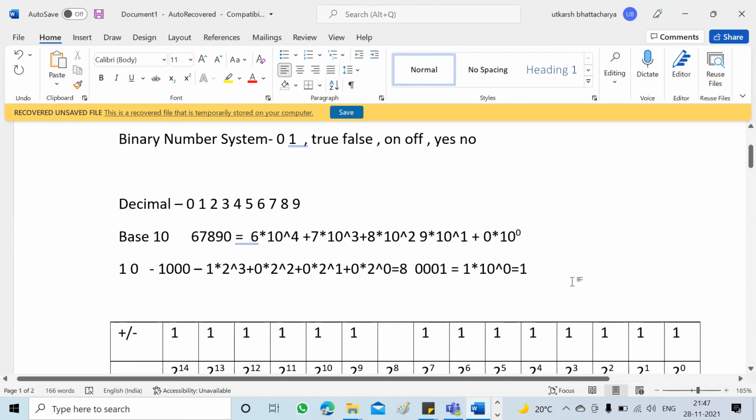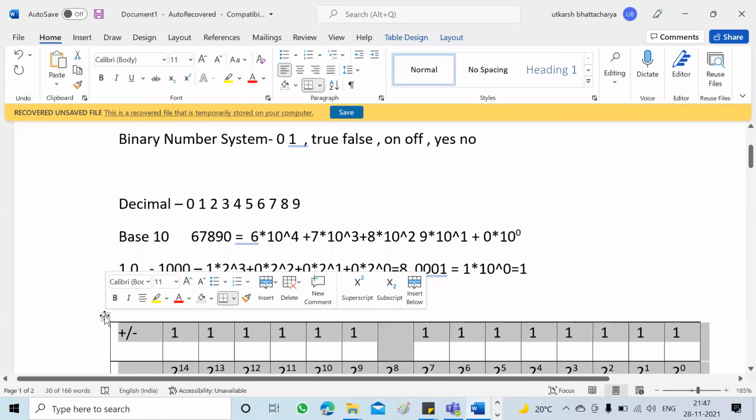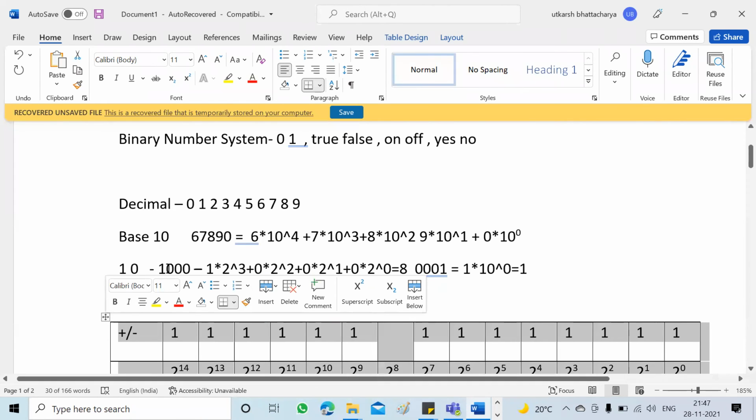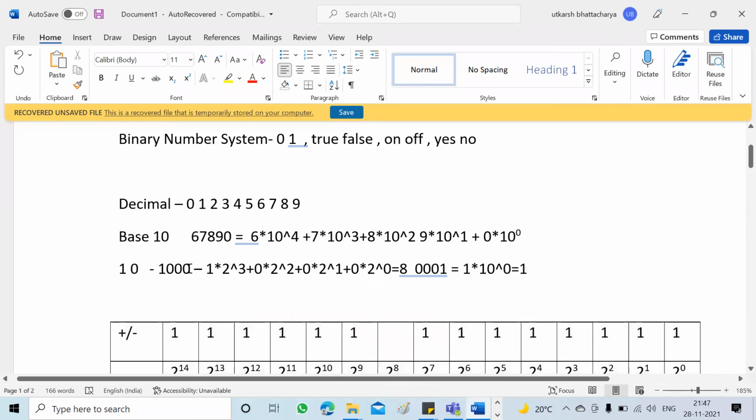So this is basically the number system that the computer understands. For example, we wrote a number that is 1 into 2 to the power of 2, right? Which one, bro? This one? Yeah, that is binary or decimal. The last one, 0001, is also in binary. So it is not 10, it is 2, right? Yes, you are right. Okay, sorry. So here 1 into 2 to the power 0 is equal to 1.